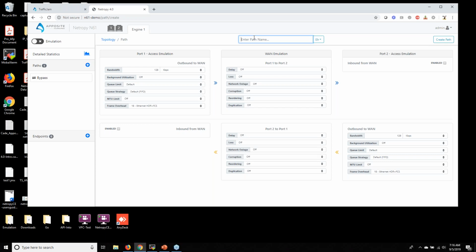So I will call this cruise line satellite communication.